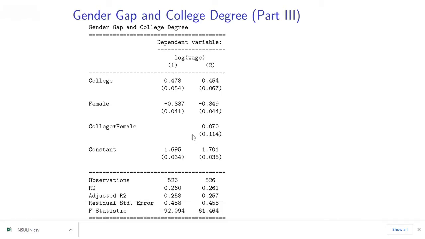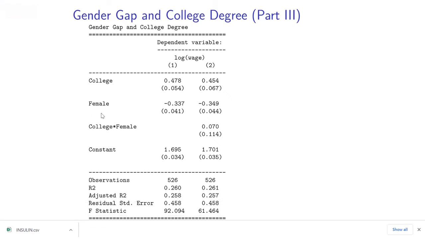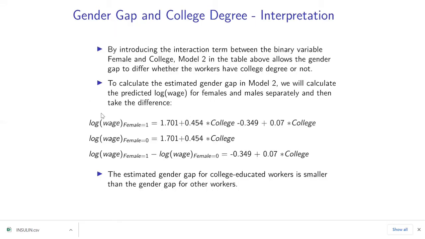Now, how do we interpret the marginal effect of each variable in the regression? Because college dummy and female dummy appeared twice in the second regression model, in order to measure the marginal effect of the gender gap on wages, we need to do some calculation. Following the estimations of the second model, when female dummy is equal to 1, then log wage is given by